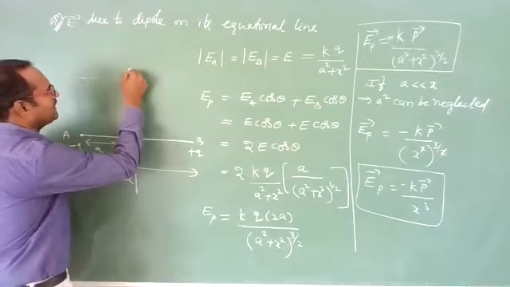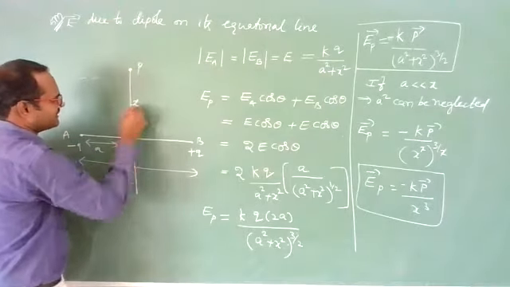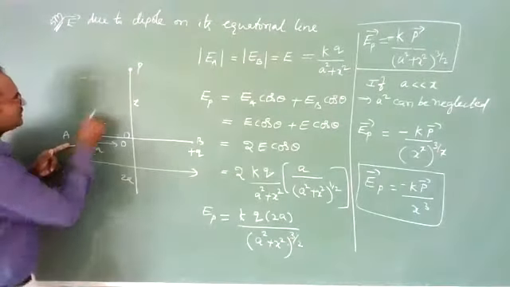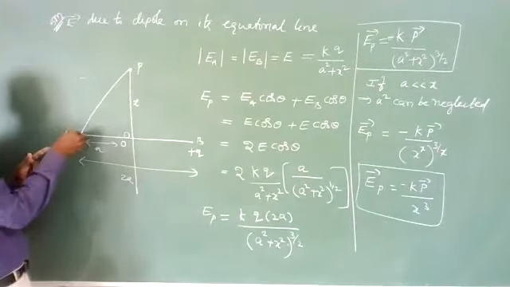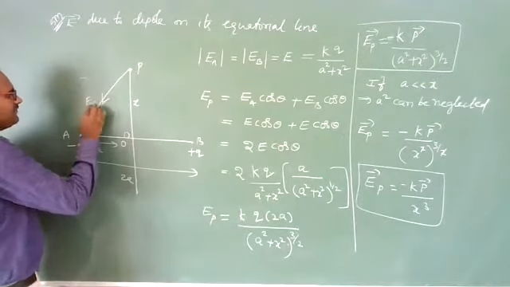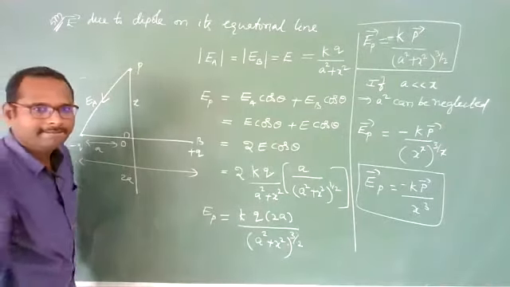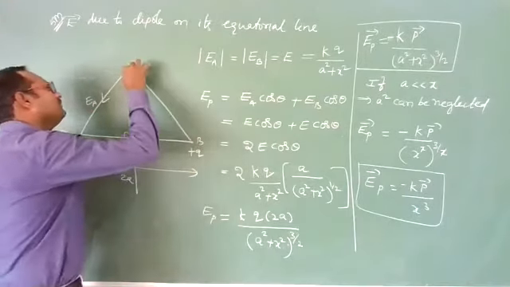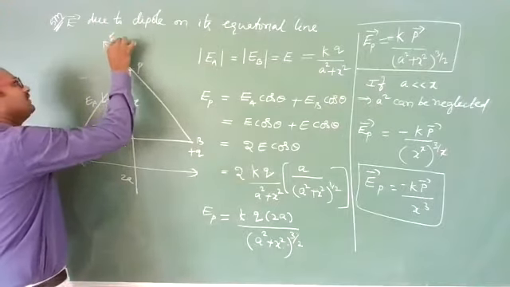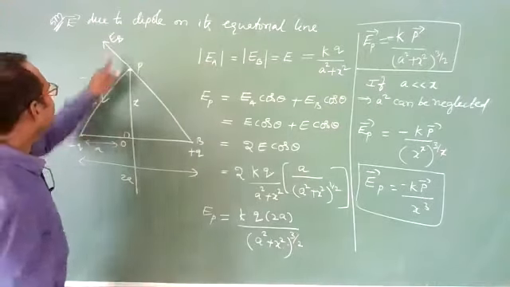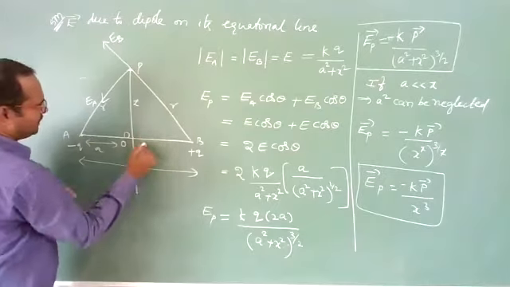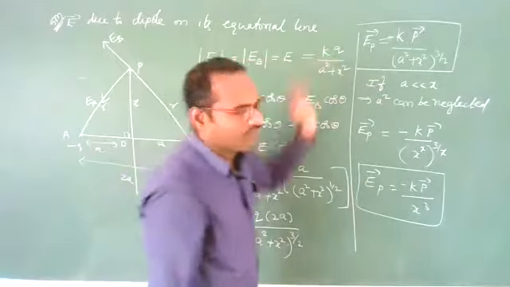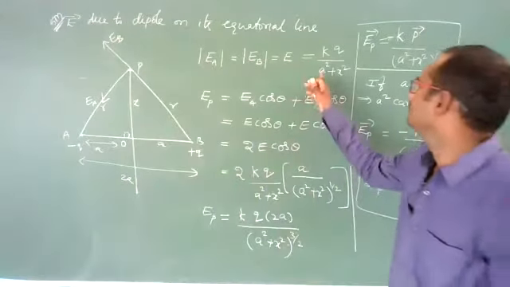Now, on the equatorial line at point P at a distance of X, I want the electric field. Due to the negative charge, the electric field will be in this direction. That is the electric field due to the negative charge. And due to the positive charge, the electric field will be in this direction, that is the electric field due to the charge at B. As these distances R and R are equal, the electric fields will be equal, KQ by A square plus X square.